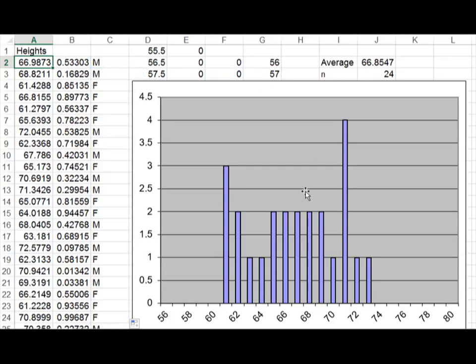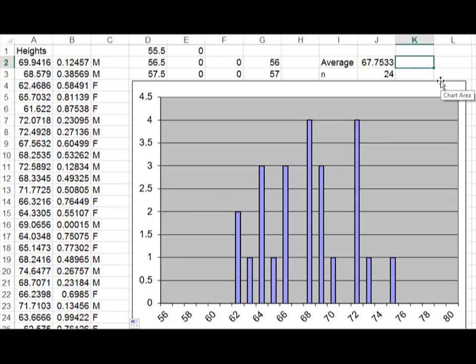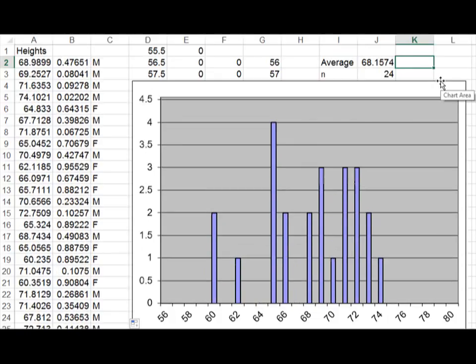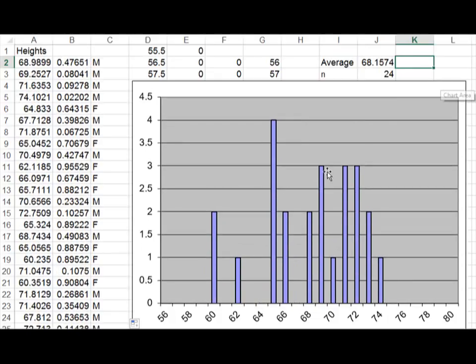Well, that kind of explains why in our histogram here we sort of have two different peaks. And maybe I'll generate 24 more values, and 24 more, or 24 more. That's a nice picture. So the reason that we have two different modes or two different peaks to our little bell curves here is that most of the people down here are probably going to be females who have an average height of about